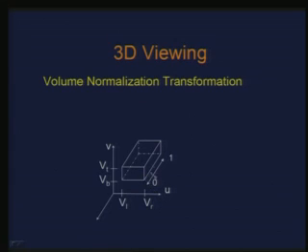I just define an extent of this volume for the directions u and v, let us say using V L, V R and V B, V T, and the depth between 0 and 1, right. So, the depth is normalized between 0 and 1. I am giving you an example where the normalization is done between 0 and 1, but in many cases the normalization is done between -1 and 1, right. So, for instance, OpenGL does between -1 and 1,